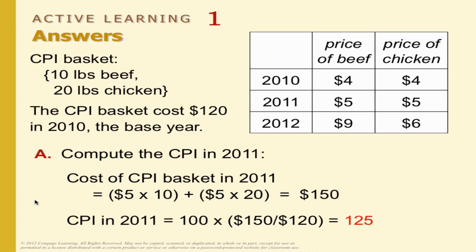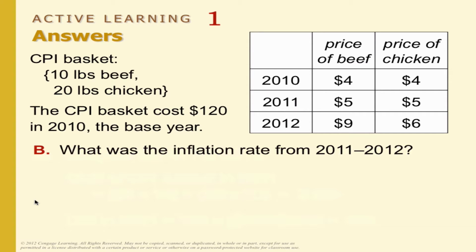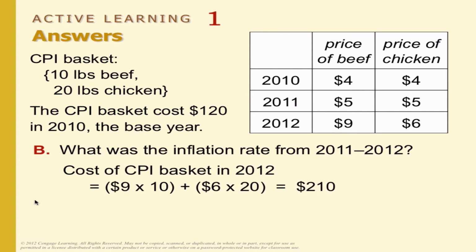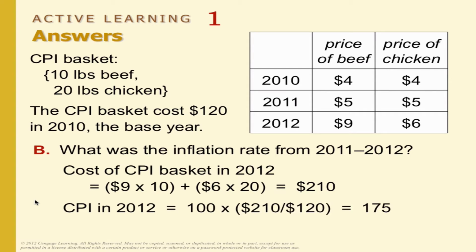Now, equipped with that, could you easily calculate the inflation rate from 2011 to 2012? Not until you first calculate the cost of the market basket in 2012 and then turn that into CPI. So what was the cost of the market basket in 2012? 210. What was the CPI in 2012? 175. Now you can calculate the inflation rate by subtracting what from what? 175 minus